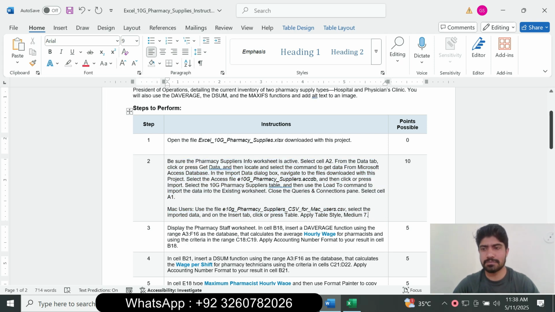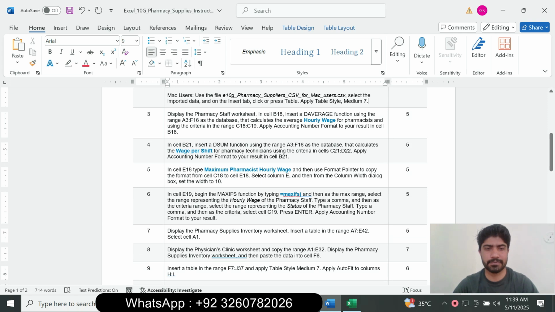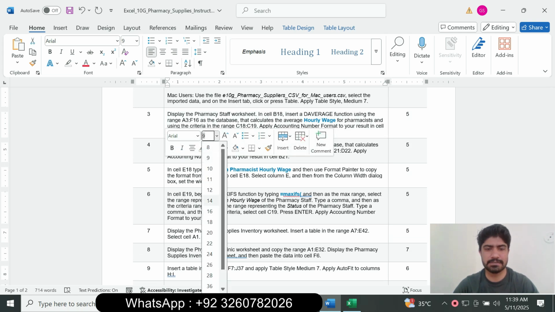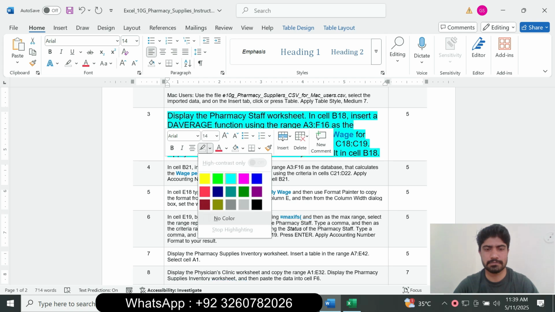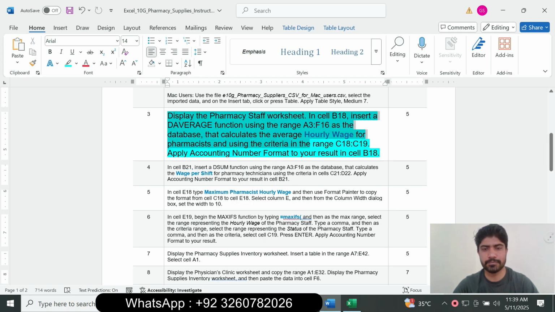We move to question number 3. So question number 3 is: display the Pharmacy Staff worksheet. In cell B18, insert the DAVERAGE function using the range A3 to F16 as the database that calculates the average hourly wages for Missed, and using the criteria in the range C18 to C19, and apply the Accounting Number Format to your result